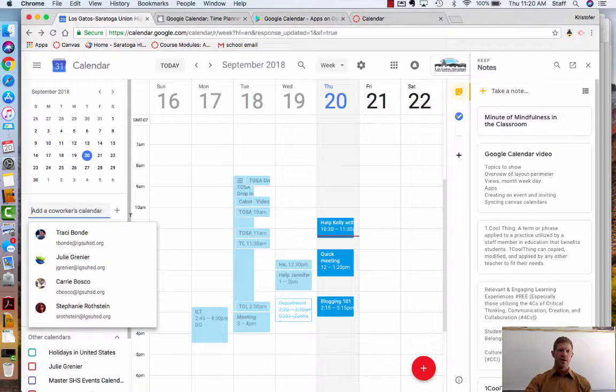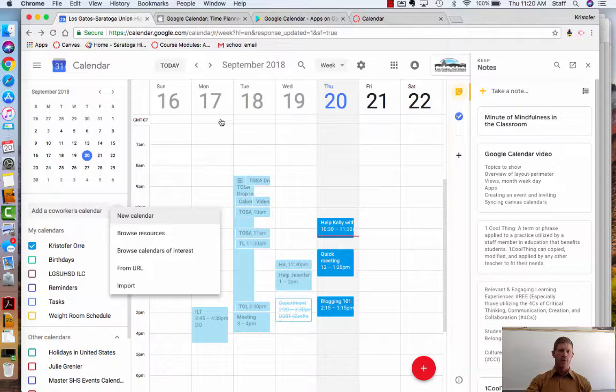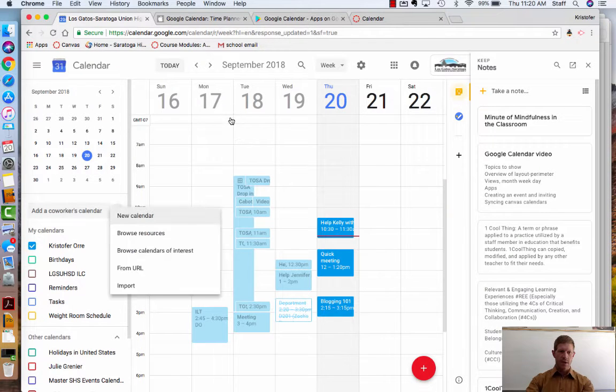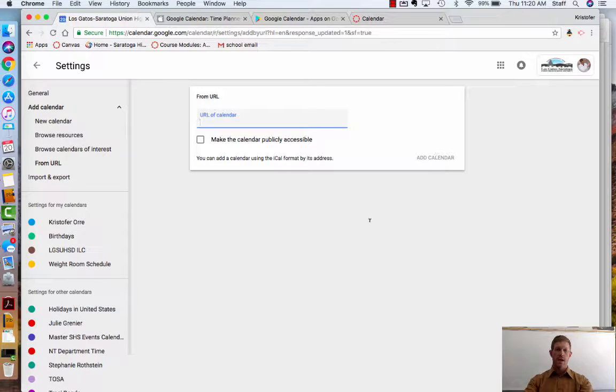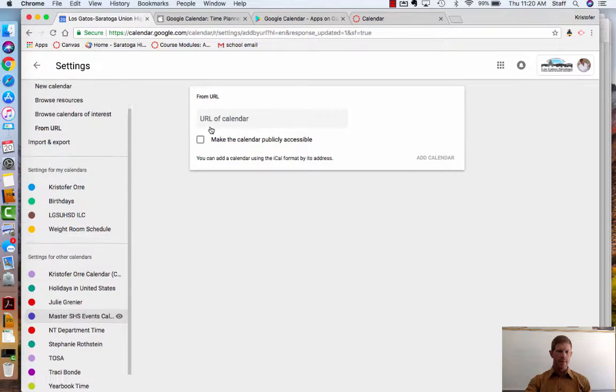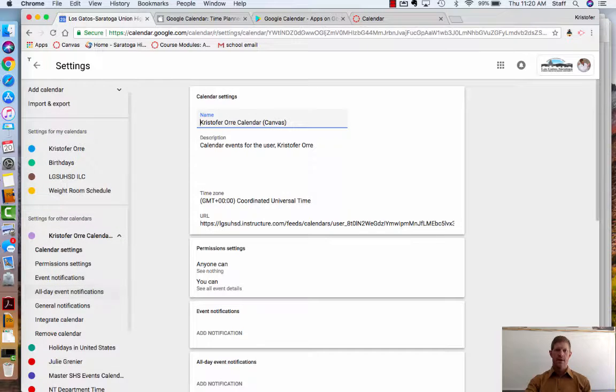By the way, you can add a person, or you can hit the little plus sign and say new calendar. Actually, sorry, I clicked the wrong thing. I want to say plus, and I want to say from URL. So I go from URL, and now I'm going to paste that crazy URL from Canvas, and I'm going to say add calendar. And now it's going to pop up right here. It says Christopher Ori Calendar, Canvas. And when I go back,